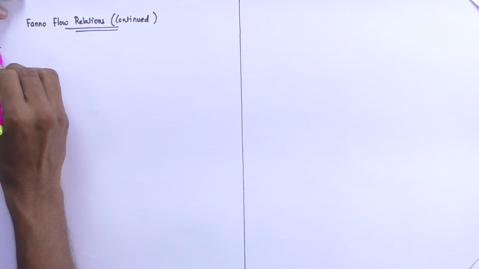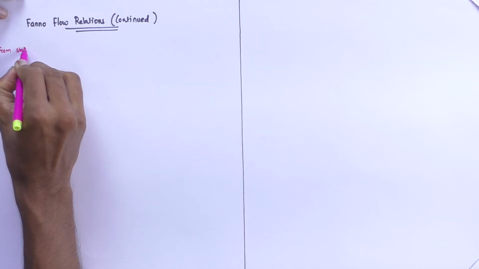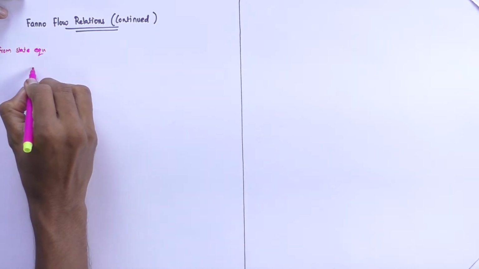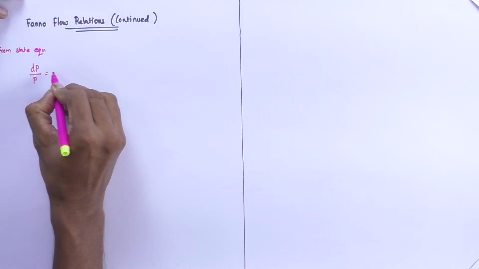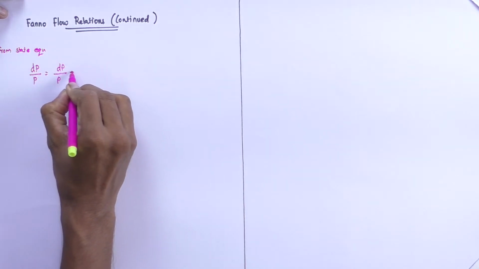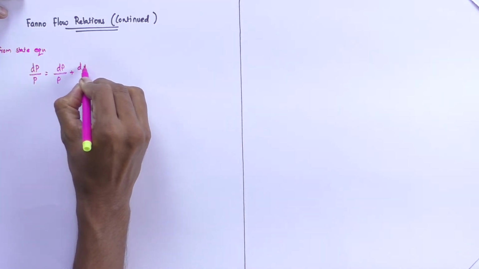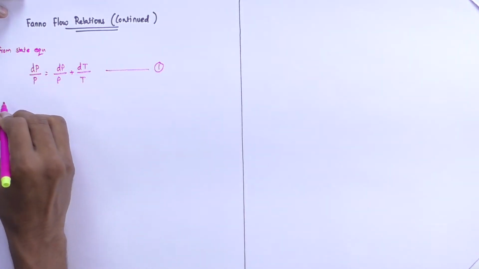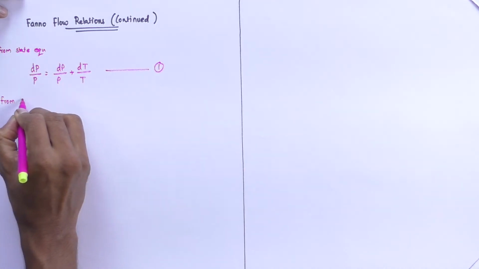In Fanno flow, so far we have derived differential term relations from fundamental equations. Now, let us recall those derived differential term equations one by one. First, from the state equation, we have a relation between pressure, density and temperature. We denoted this equation as number 1, and then from the continuity equation,